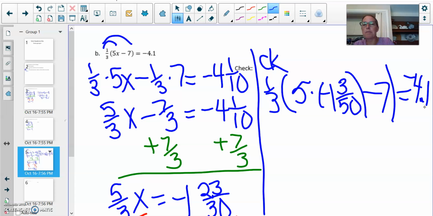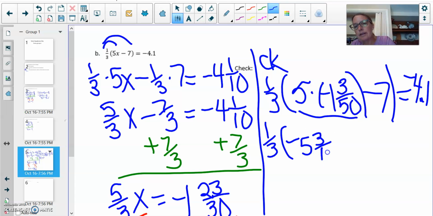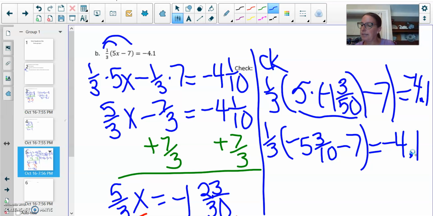Okay, in the parentheses, I'm going to multiply, and 5 times negative 1 3/50 is negative 5 3/10, minus 7,